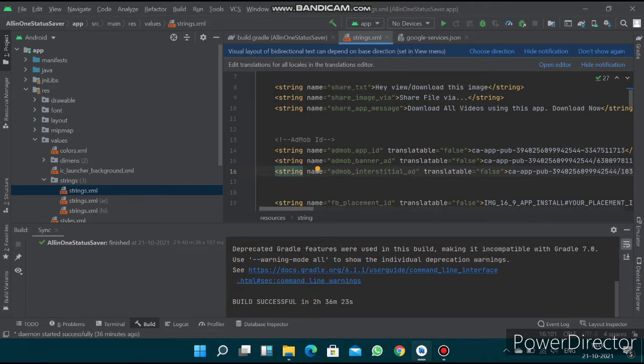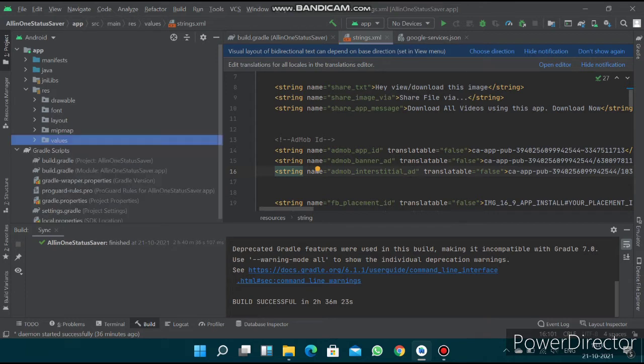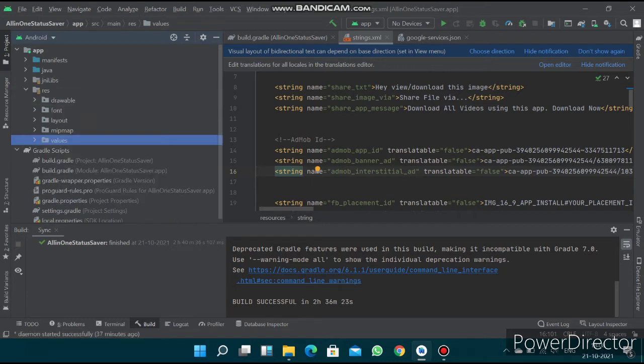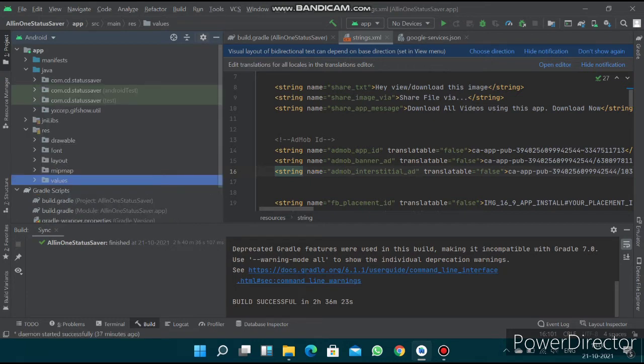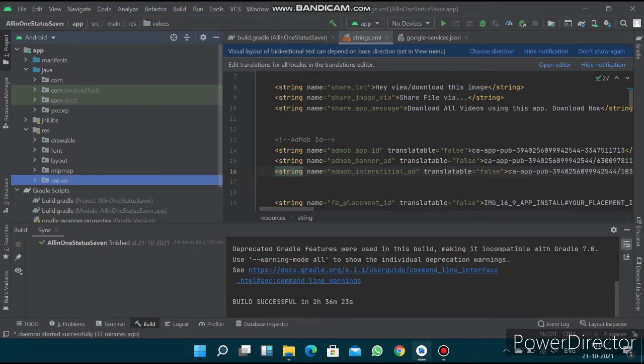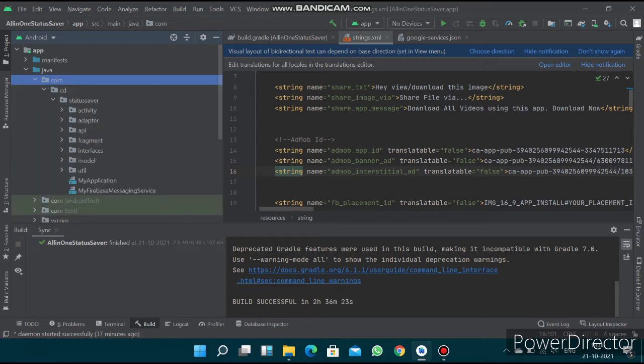So the next part is to change the package name. To change the package name, you need to click on Java, and you want to click on compact middle package, and after that the package name will divide into three parts. So as you can see here, com cd status saver.